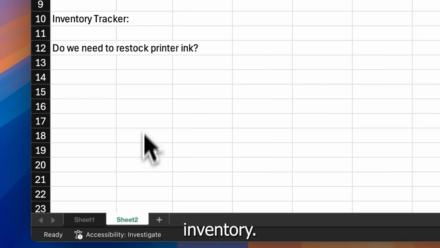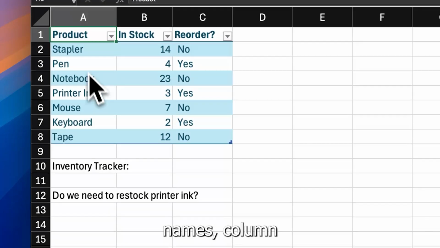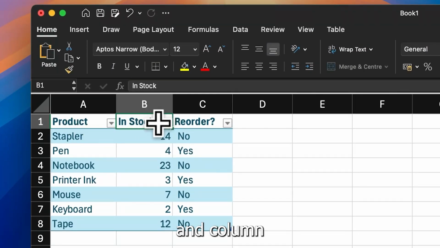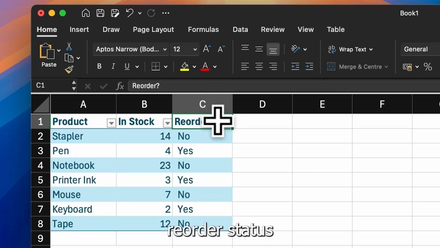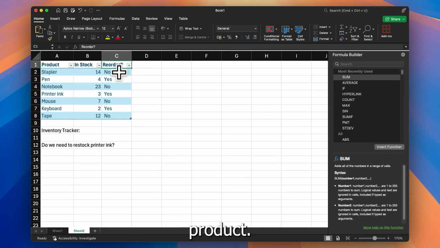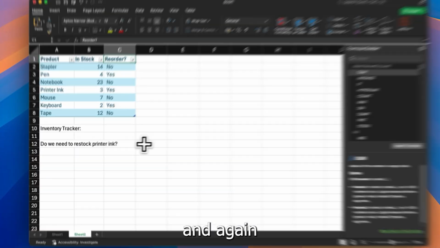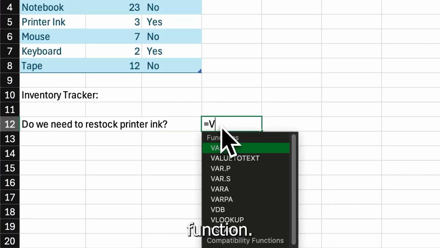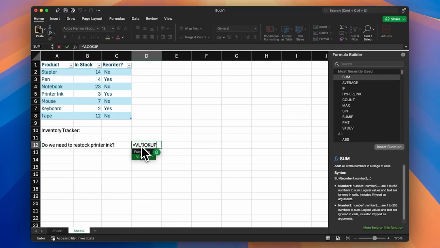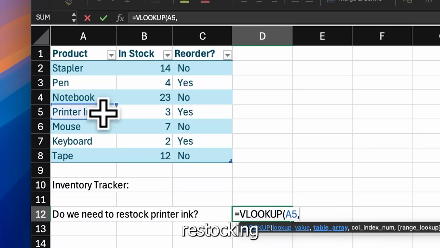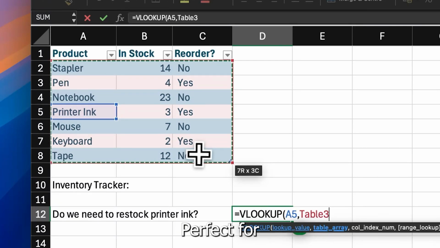Imagine you're managing inventory. Column A has product names, column B has stock numbers, and column C shows reorder status. You want to automatically pull in the reorder status for a selected product. Click on your target cell, and again, type the following function. This setup lets you quickly check if a product needs restocking without scanning through the full list, perfect for dashboards